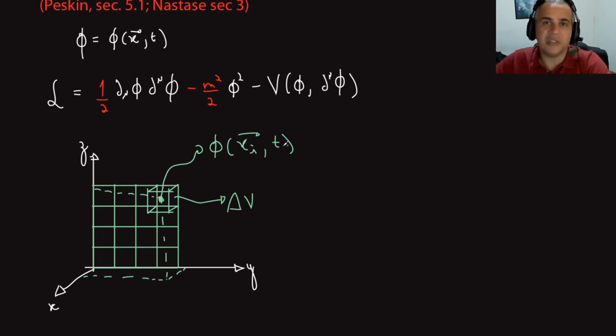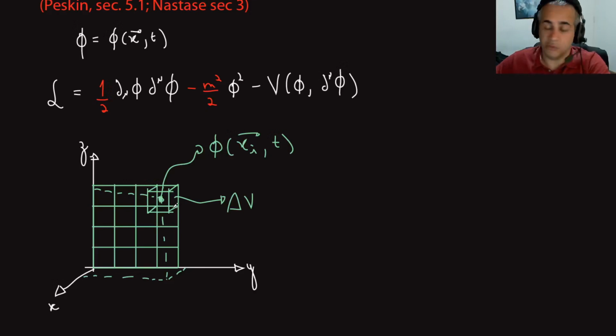Why? Because in classical mechanics, time is continuous, and that's no problem. Every coordinate is defined as a function of time, and we know how to do that. So we'll discretize only space. So I'm taking x, y, and z and dividing it into small cubes. And in each one of those cubes, I take the value of the field in some position on the cube, say the center. Doesn't matter because we'll eventually take the volume of those cubes to 0 and go back to